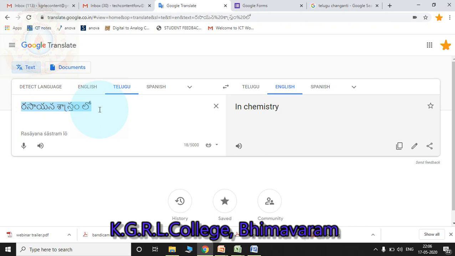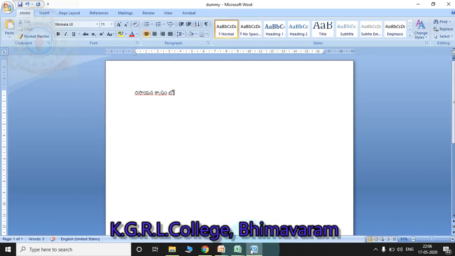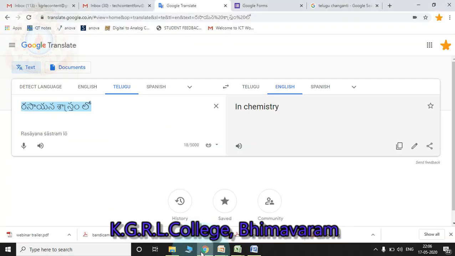So simply you may copy from here, you may paste like this. Even in the PPT also you may copy the same Telugu content. But whenever you are using microphone, the results are not that much accurate.